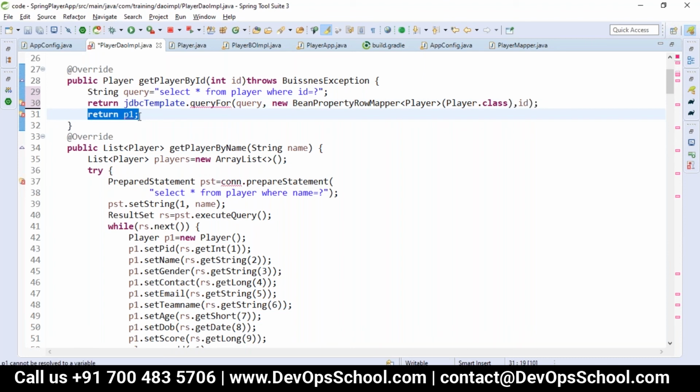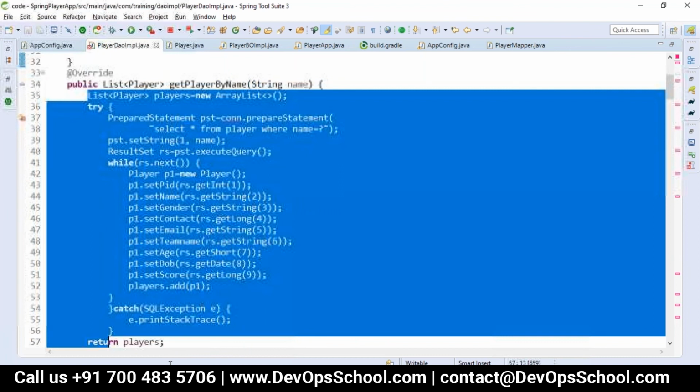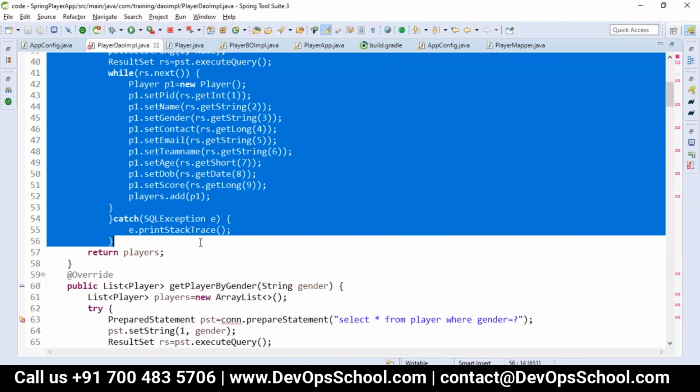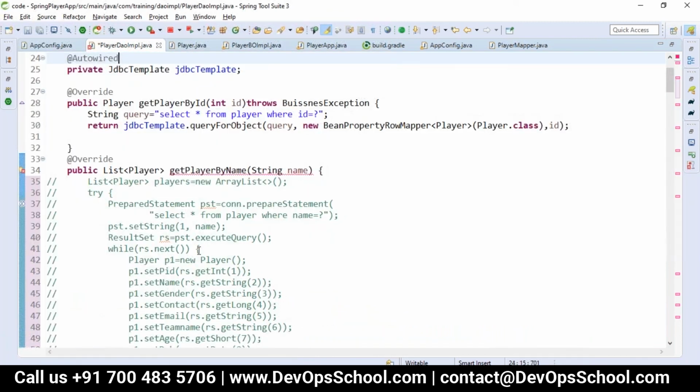When you are expecting only one object, we'll write queryForObject. If you are having more than one, when it is a list, then it will become queryForList, or directly we can use query itself. But where you are getting multiple, go with queryForObject for a single one.